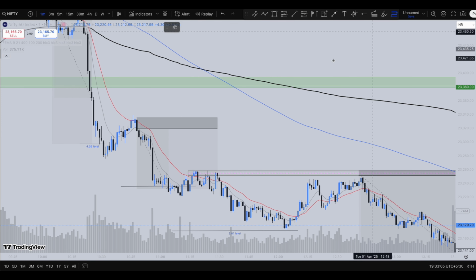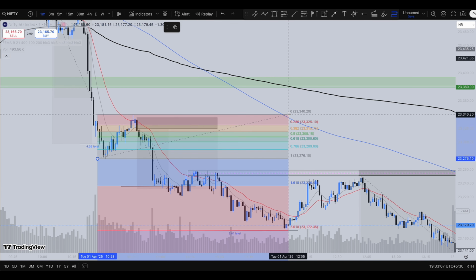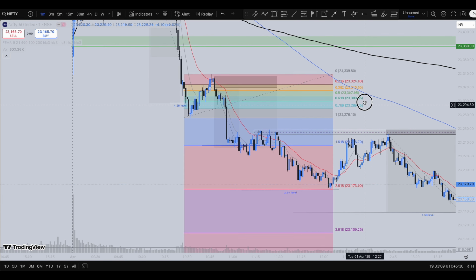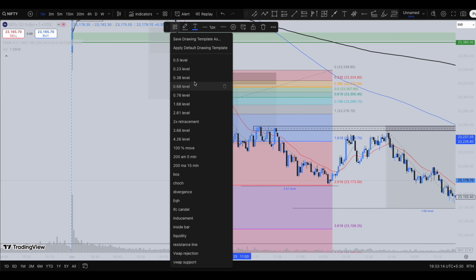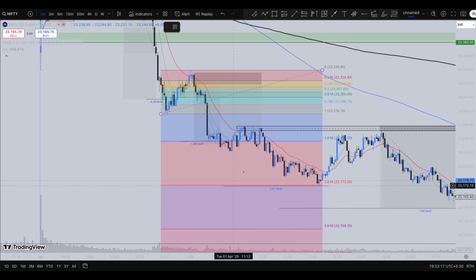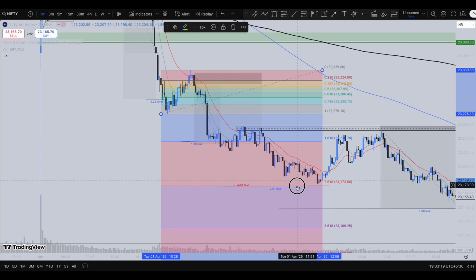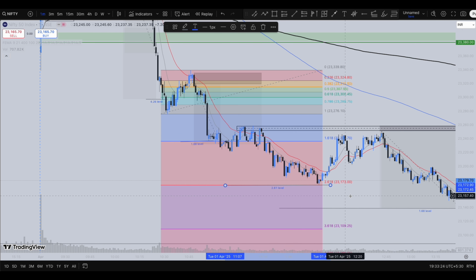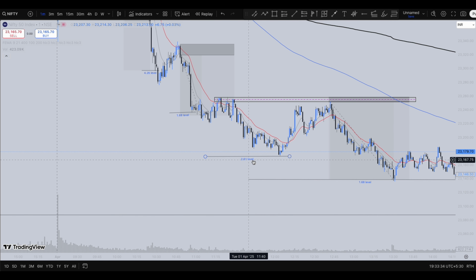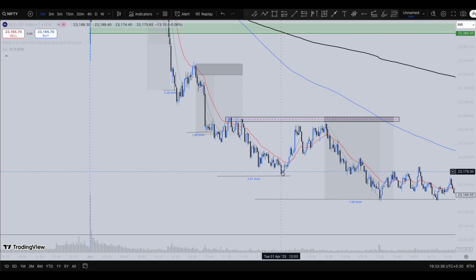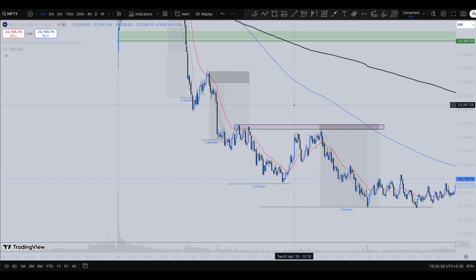And for target, you could have easily targeted this swing level, guys. If you draw these retracement levels, you could have targeted the 1.68 level over here. This is the 1.68 level where you could have easily targeted, or you could have targeted the 2.6 level over here. So you can consider this 2.68 level as another target, or as I've told you, you could have considered the fib of this 2.68 level on the 3.618 level. Or you can see you could have targeted this level, and after this the market took support from these levels and continued further bullish momentum.